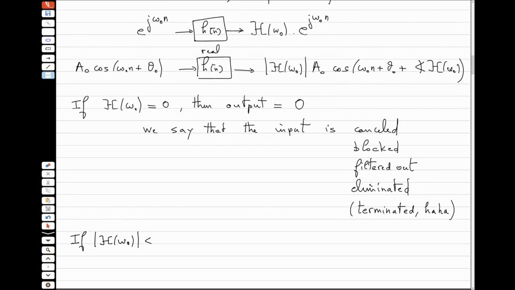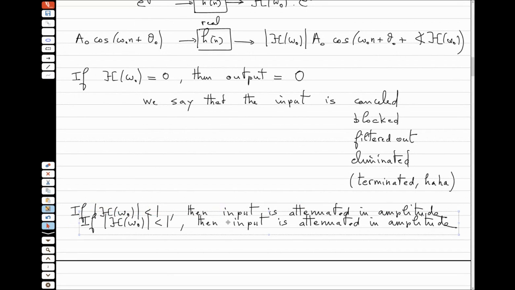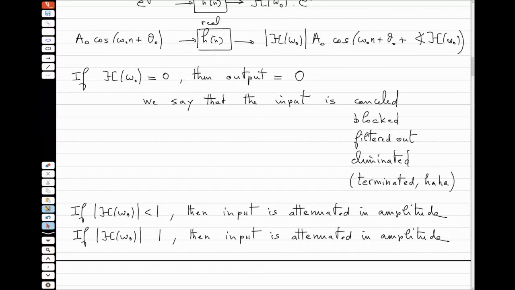If the magnitude of H over omega naught is less than 1, then we say that the input is attenuated in amplitude. If, on the contrary, it's larger than 1,